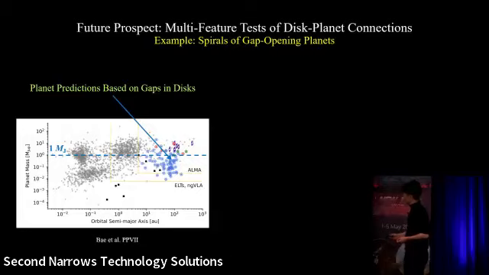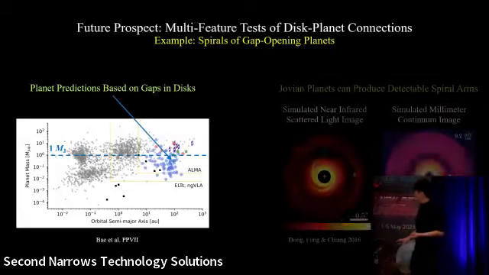Most of these predictions, those blue dots, are made using gaps in disks. So to zeroth order, let's say you see a big gap in a disk, you stick a planet in. That's roughly what it is about. Where Jupiter mass is here, you can see there are quite a number of Jovian planets at tens of AU for those gaps. So in theory, Jovian planets at tens of AU are also supposed to produce other types of structures, for example,